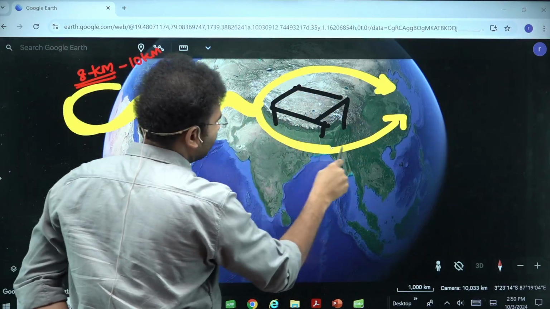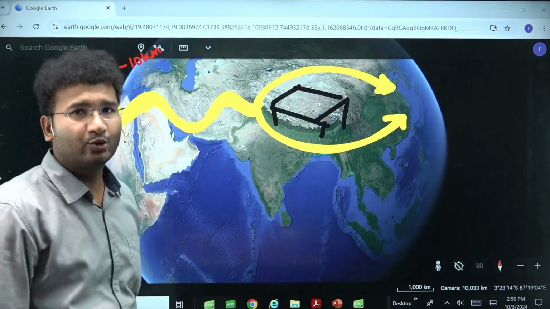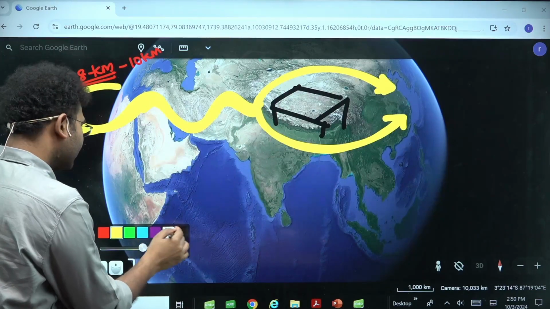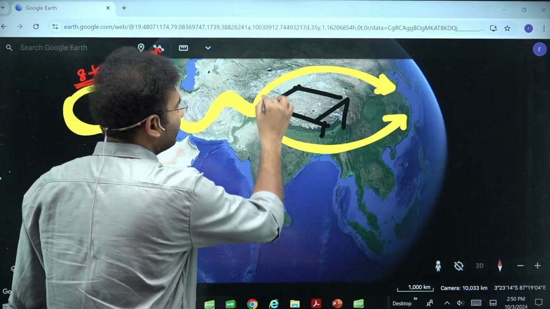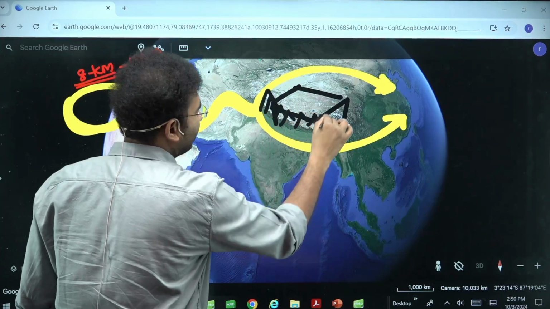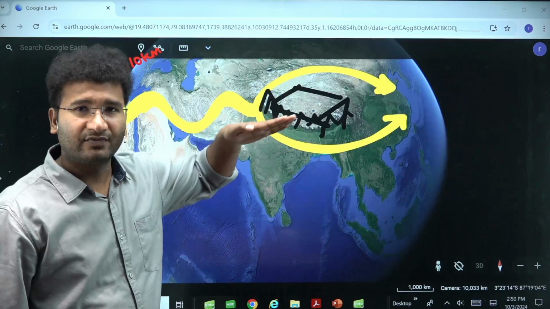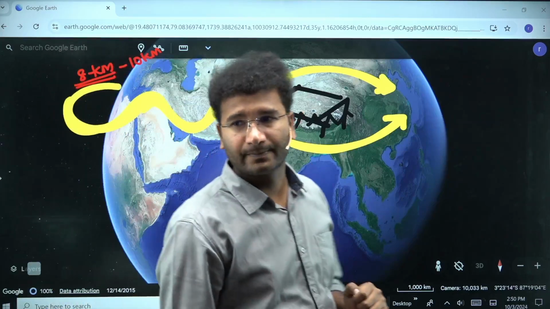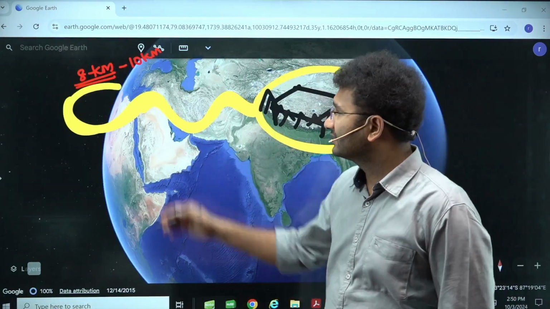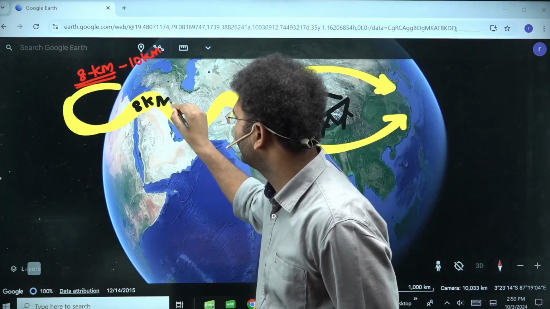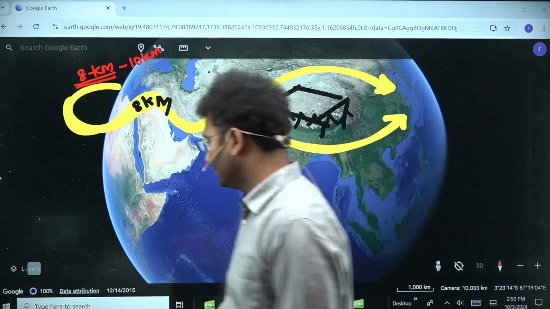So this is your jet stream which got divided into two. Why did this jet stream get divided? It is because this jet stream is coming in contact with the Himalayas. The Himalayas are not letting the jet stream move. During the times of winter, the jet stream also lowers. Now what is the height? The height is 8 kilometers. You know it. Now come to